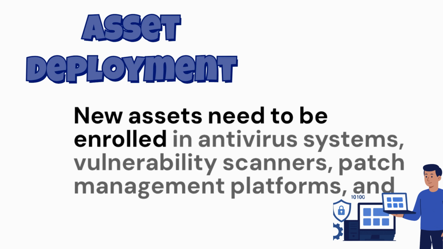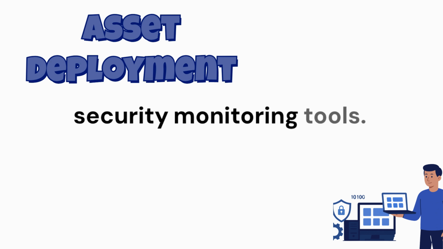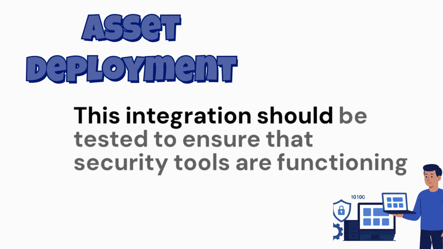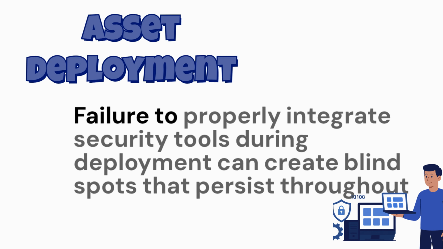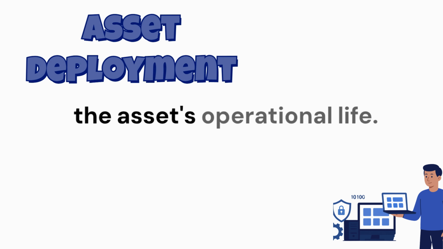New assets need to be enrolled in antivirus systems, vulnerability scanners, patch management platforms, and security monitoring tools. This integration should be tested to ensure that security tools are functioning properly and that the new asset is receiving appropriate security coverage. Failure to properly integrate security tools during deployment can create blind spots that persist throughout the asset's